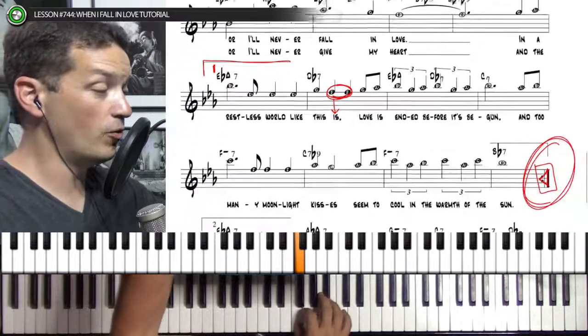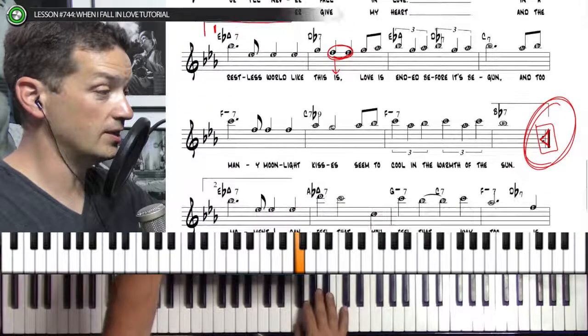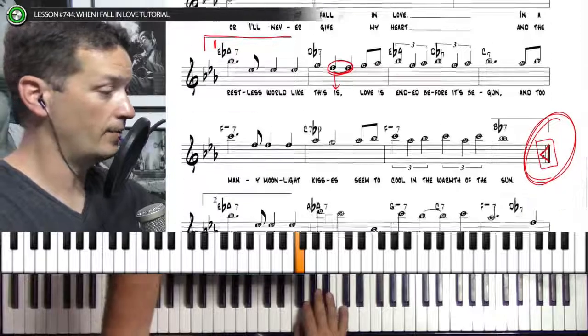Now we're going to skip over the first ending and go straight to the second ending after we play